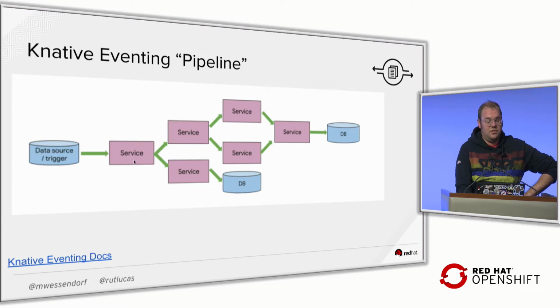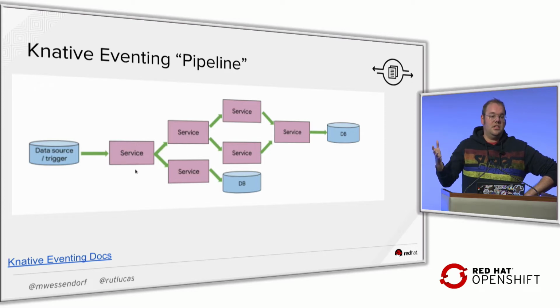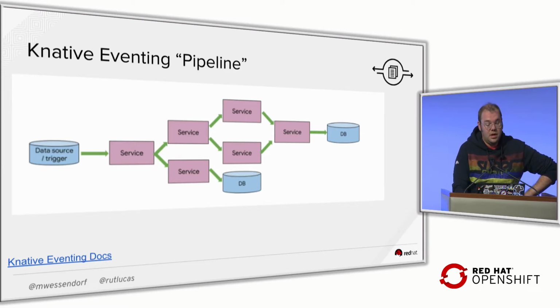For instance, my first service here is reading some data, and then it is doing some transformation, and it is returning some filtered result. And returning in this case means you basically send an HTTP response to the invoker. And then Knative, the subscription controller that manages the subscription of this service to that particular channel, knows how to deal with that.